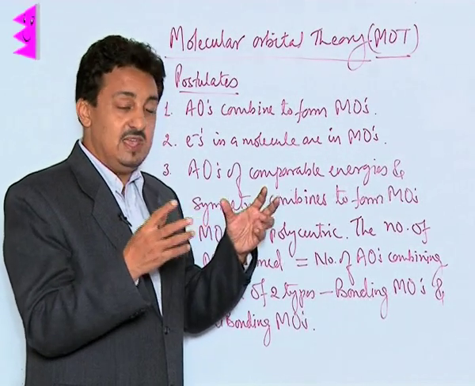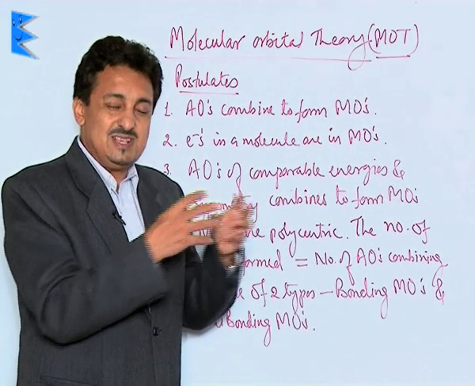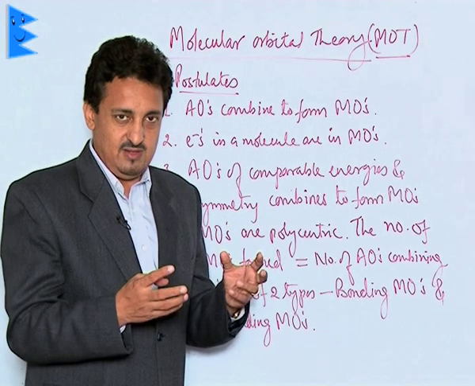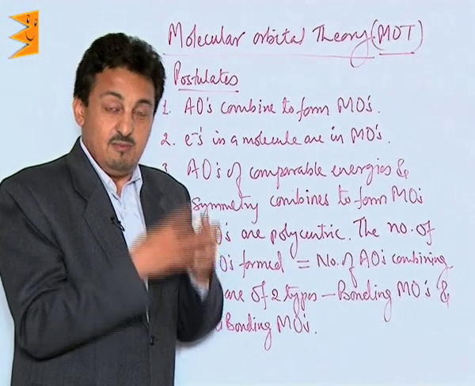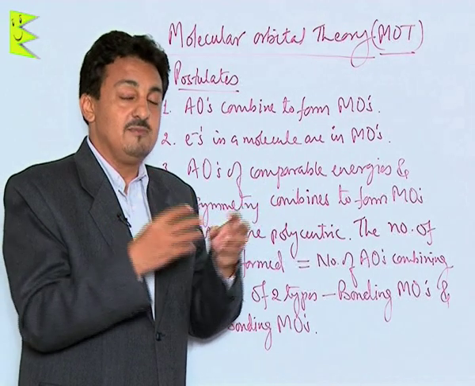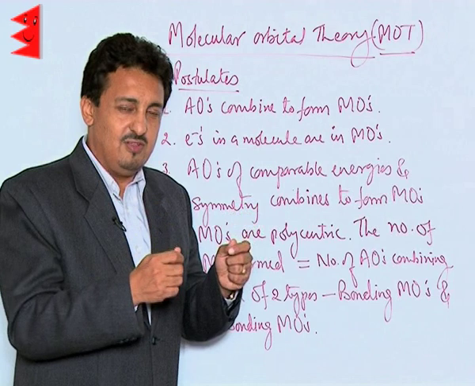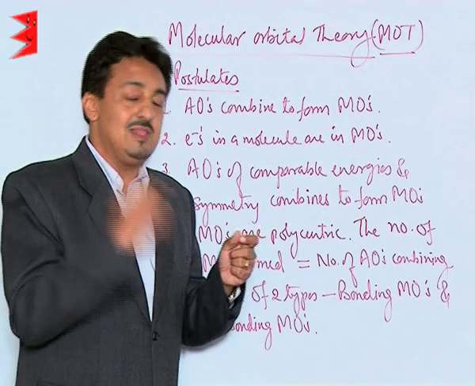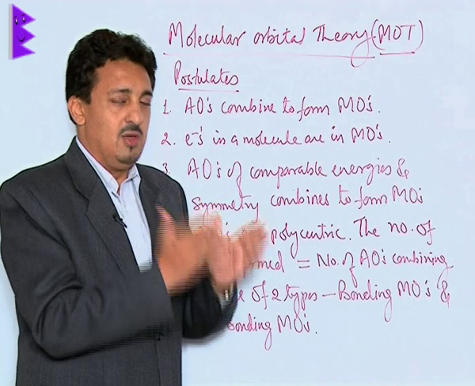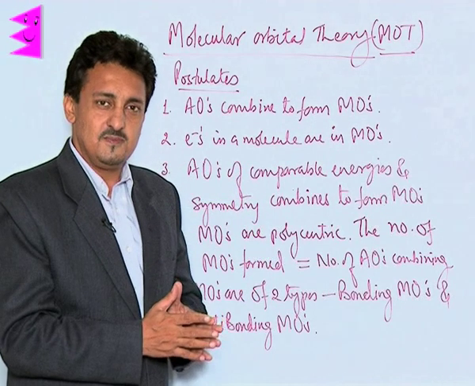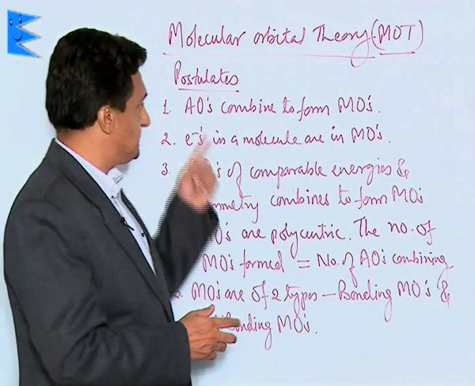It says that we can't expect only the valence orbitals of the two combining atoms to be mixing with each other and forming a new type of orbitals. Why not the whole of the atomic orbitals getting mixed up? Because once the two atoms are very close to each other, their nucleus and their electrons influence all the electrons of those atoms. So it is a more realistic kind of theory.